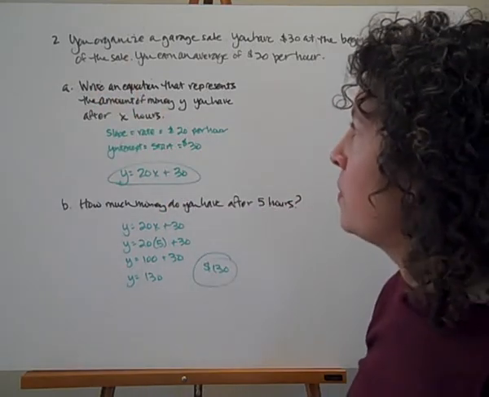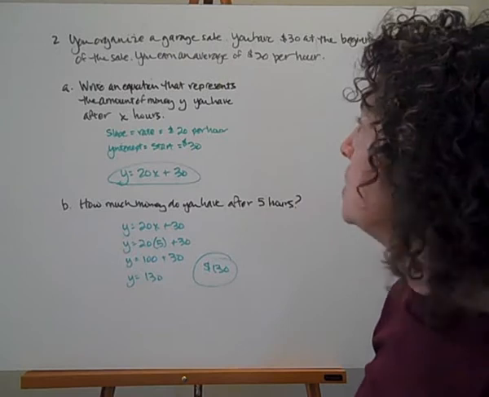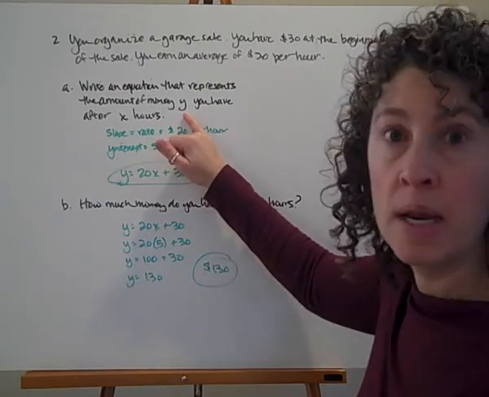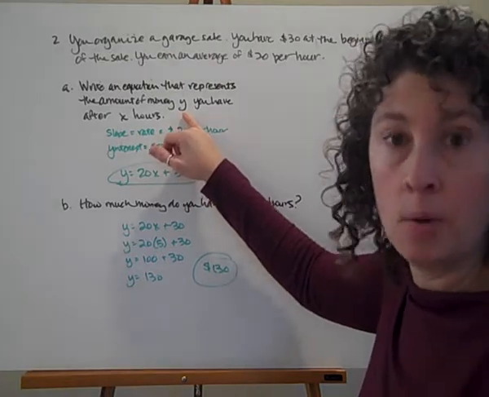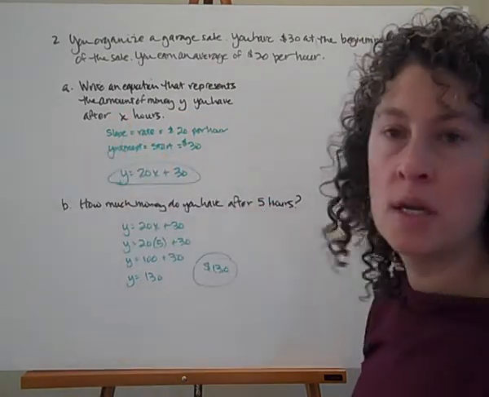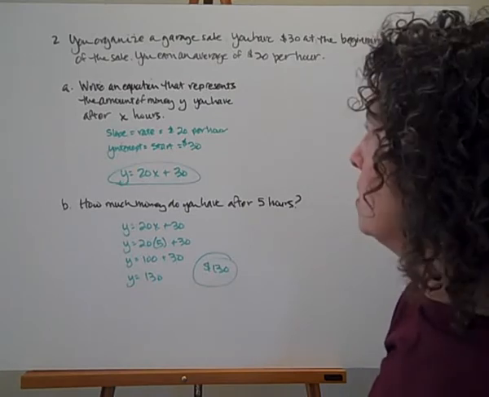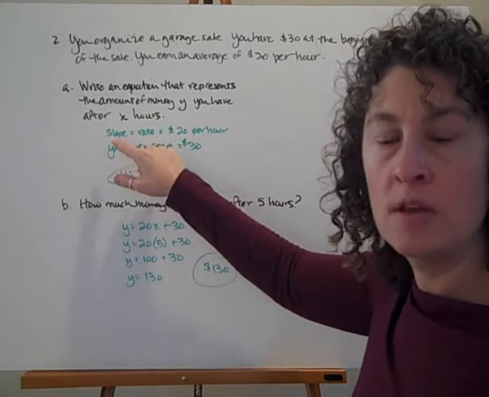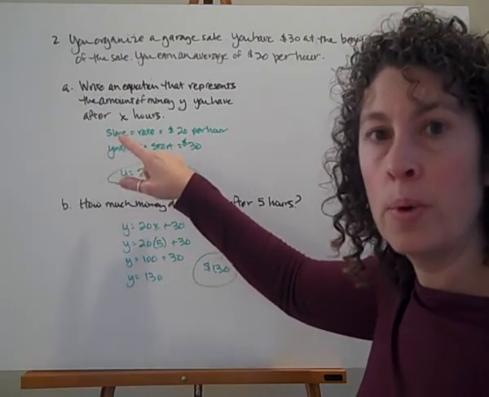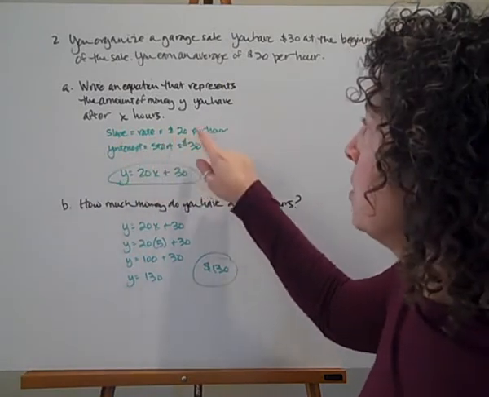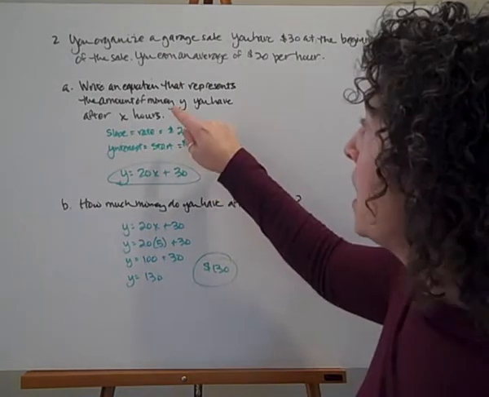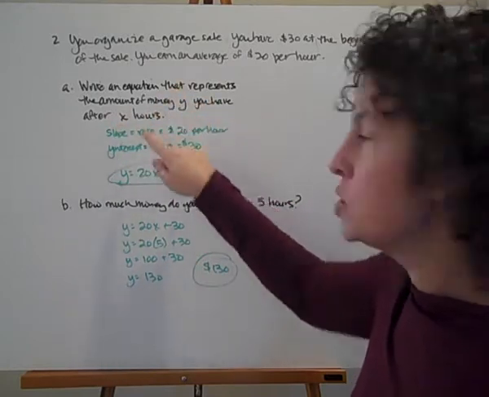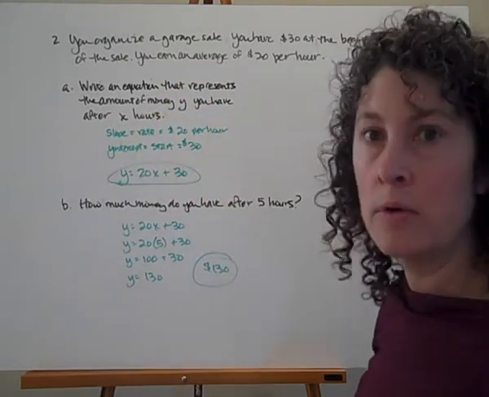We want to write an equation that represents the amount of money, y, that you have after x hours. So our y is going to stand for money, how much money we have in our cash box, and x is representing the time in hours as this garage sale goes on. So our slope, remember our slope is our rate. They talk about the same thing. If we're looking at a graph, it's our slope. If we're talking about a word problem, it's our rate. And our rate is $20 per hour. Remember, our rate is our y over our x. So we have amount of money y in dollars over our hours, so dollars per hour. We're doing $20 per hour, that's our rate.